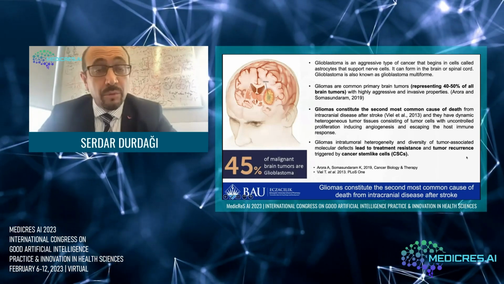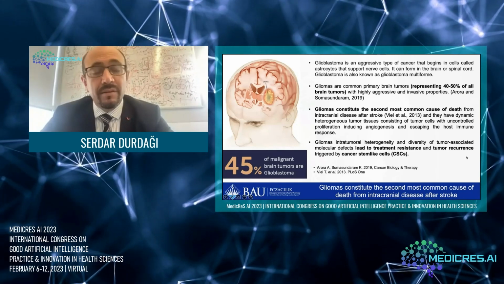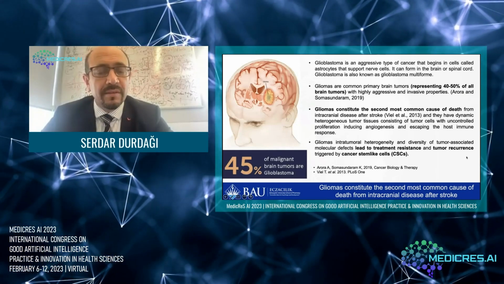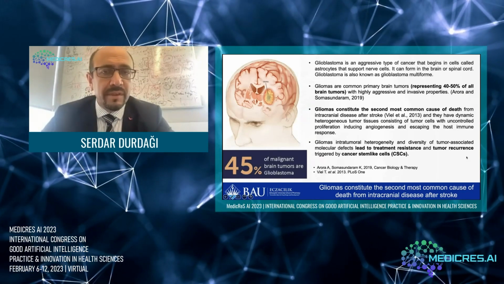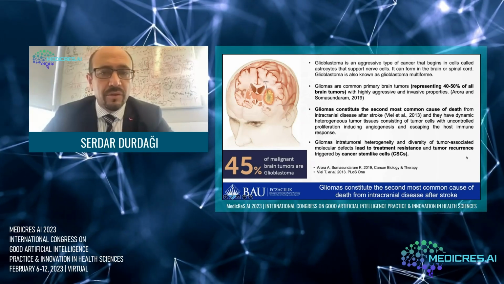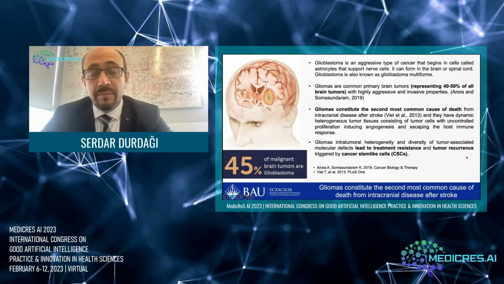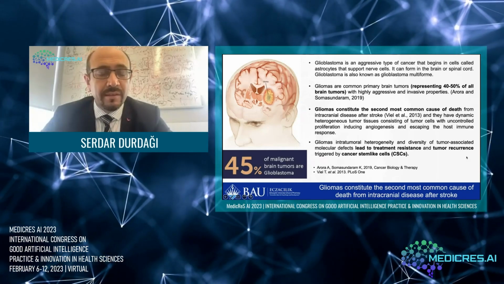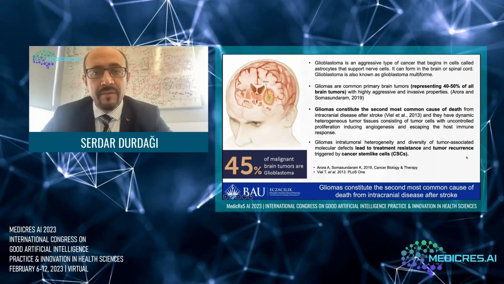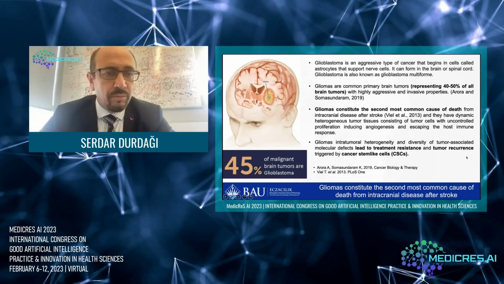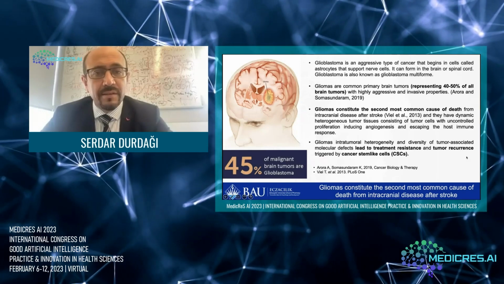Glioblastoma is an aggressive type of cancer that begins in cells called astrocytes that support the nerve cells, and it can form in the brain or spinal cord. Glioblastoma is also known as glioblastoma multiforme, or shortly GBM. Gliomas are common primary brain tumors, representing almost half of all brain tumors, with highly aggressive and invasive properties. And gliomas constitute the second most common cause of death from intracranial diseases after stroke,